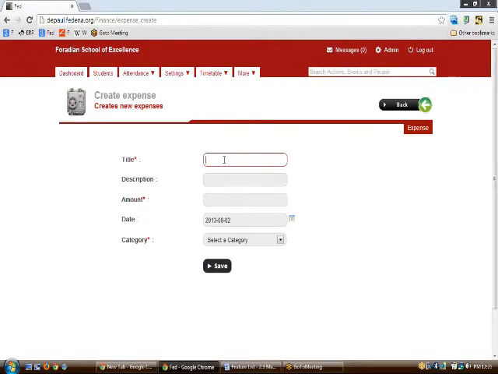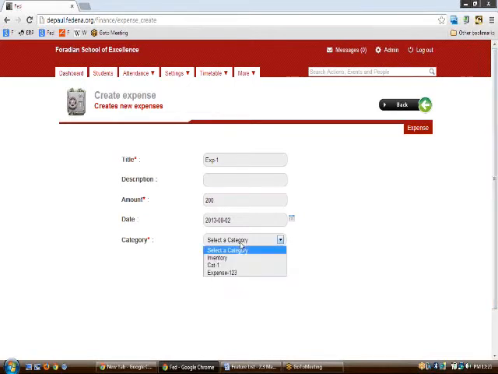Let us say that you have a new expense called exp1, and the amount would be something like $200, as dollars is the currency that you've opted for. Then all you need to do is select the category.